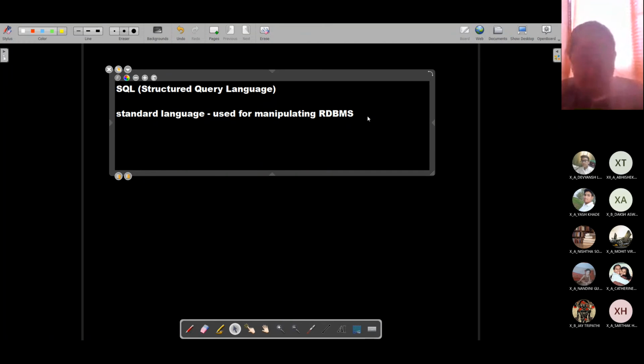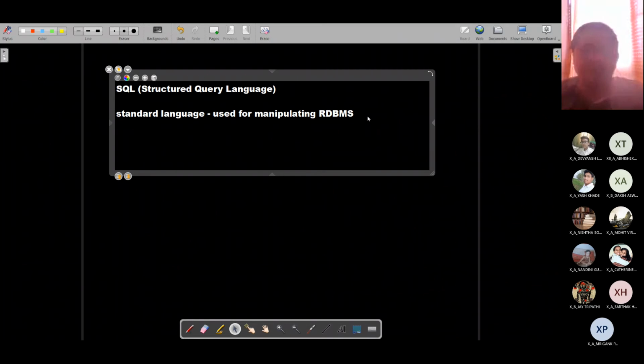Now you have a type of object in Base that is known as a query. You will be designing queries, but we also have a feature, a tool known as SQL, where we can write the SQL command, and we can access or extract data from the database. So we'll be saying exactly the same thing.